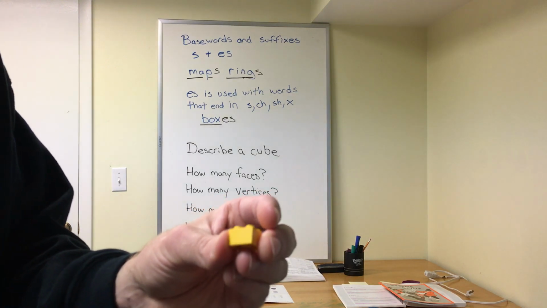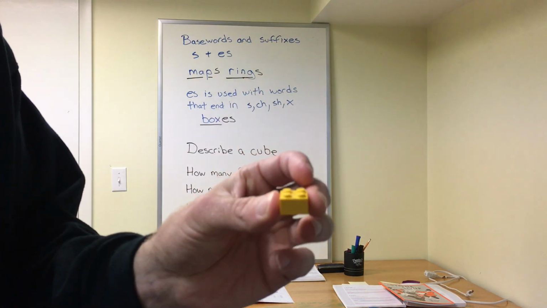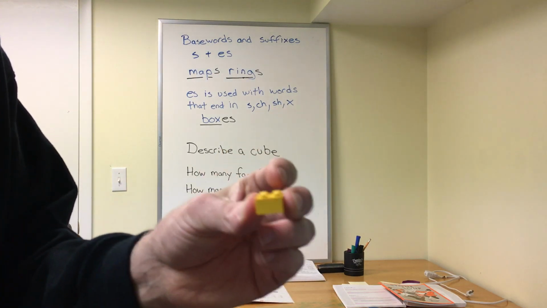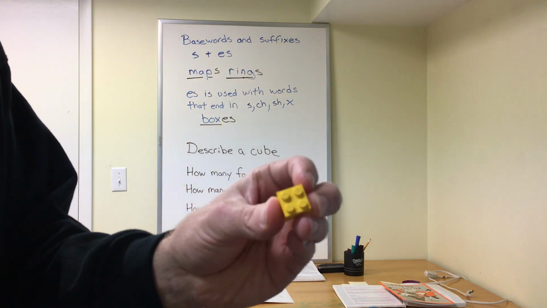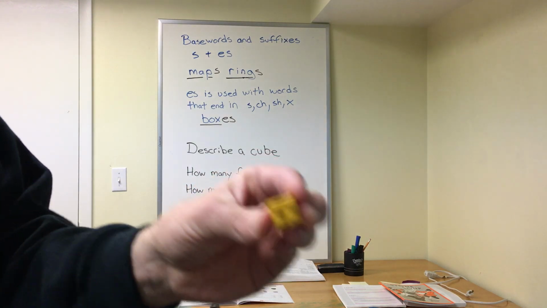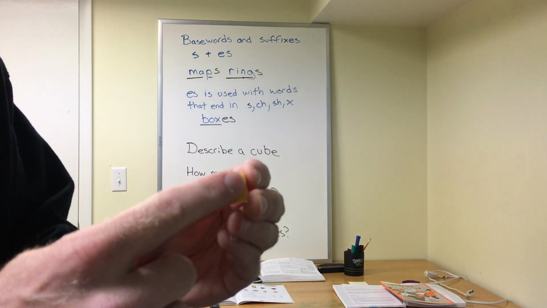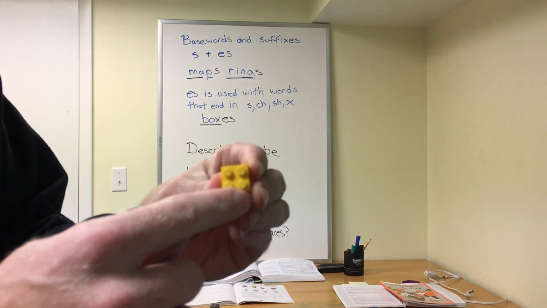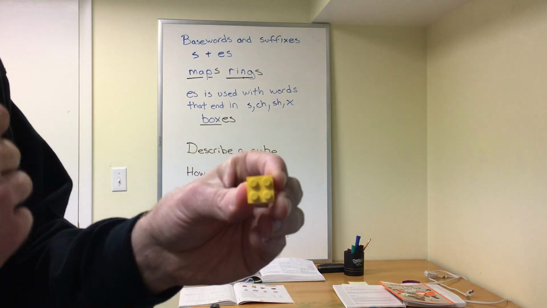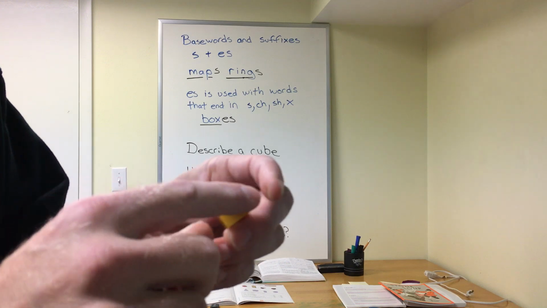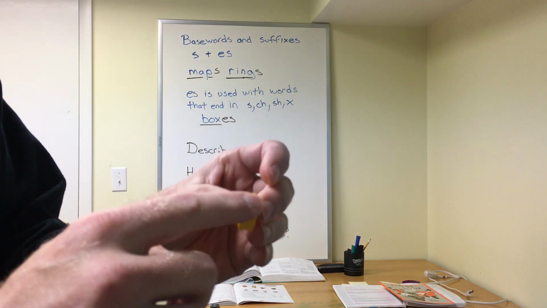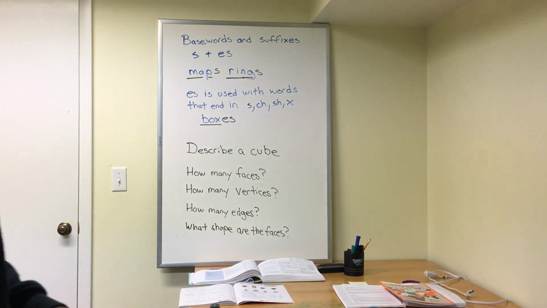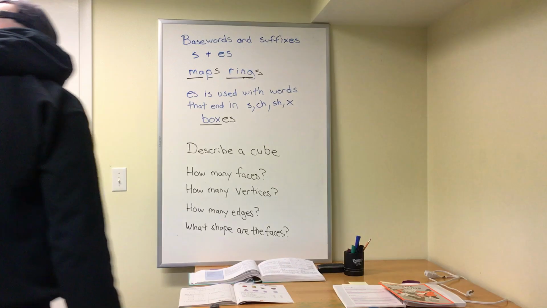And then the big thing is now, unfortunately, this Lego is not a true cube, but it's pretty close. So what is the shape of the faces, these flat surfaces? Well, the shape of a true cube would all be squares. All around, we should see squares for our faces. So that's just one big thing we need to work on, especially for next year, because you're going to see